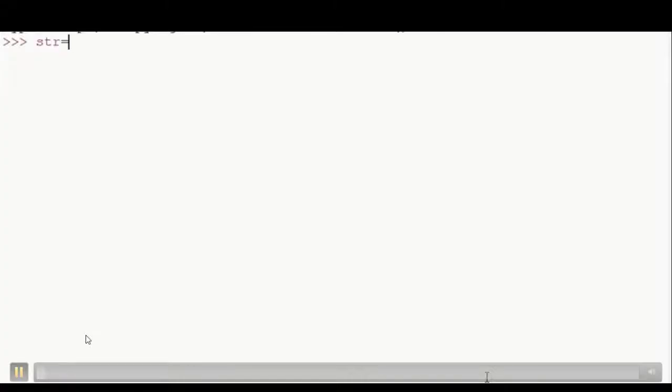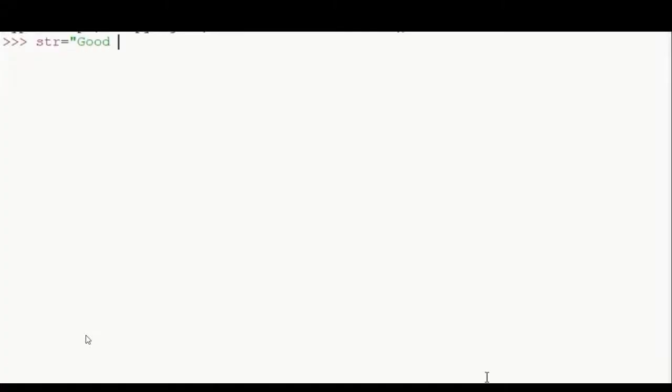Let's see an example of slicing. Let's take a string str and store the value "good day all" in it. Let's slice it: str[2:6], starting position 2 and ending position 6. We have not given any step size, so the default step size is 1. It takes out the values from starting position O till the last position D. It counts the space also.